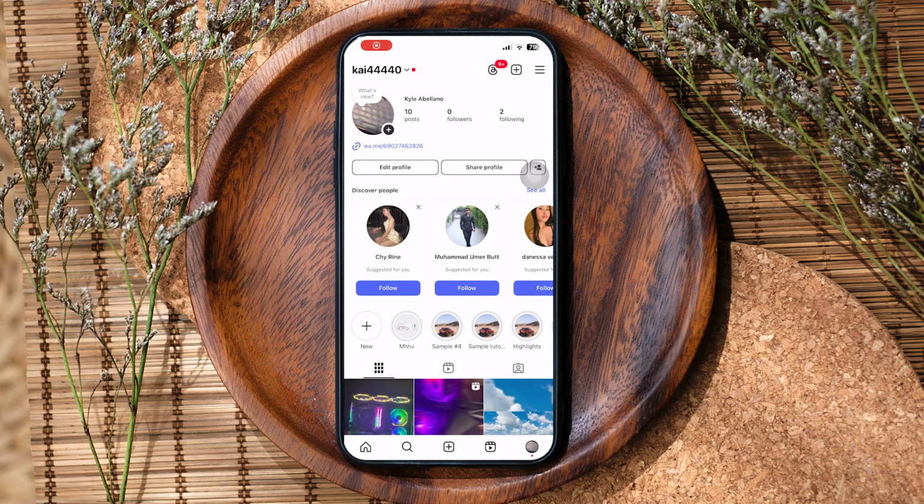How to add music to your Instagram profile. So first of all, you want to make sure that your Instagram is updated. So you want to go into the App Store first and update it from there if you're not yet sure